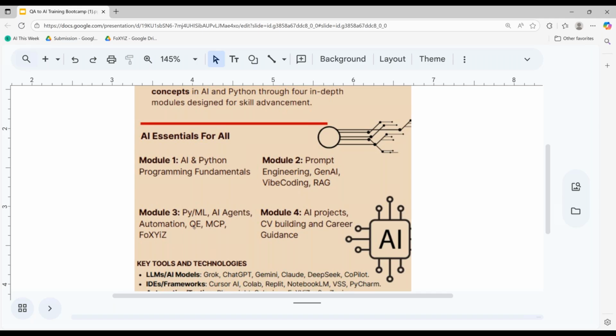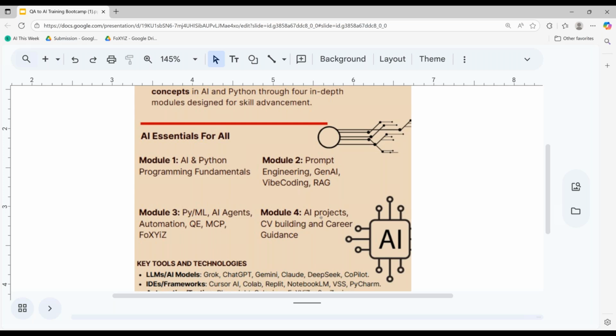How we solve things within the quality engineering space. A lot of us as an audience have either been associated with test automation or being an SDET or a quality assurance engineer. And that's where quality engineering has become one of the focus areas where automation could easily solve problems, since the mid 2000s, about 20 years ago. We will also focus on CV building, career guidance, and AI projects, team.